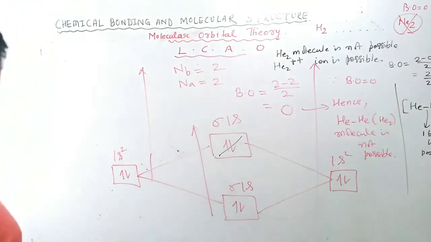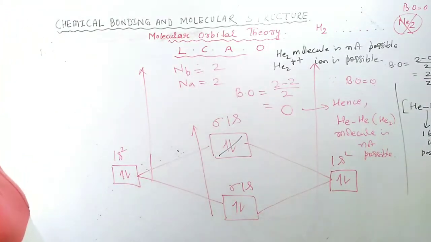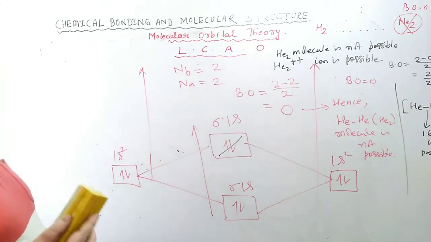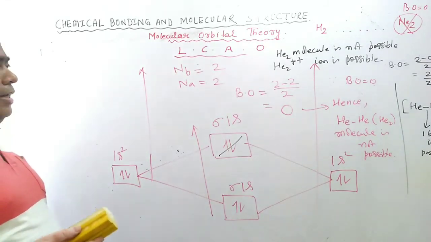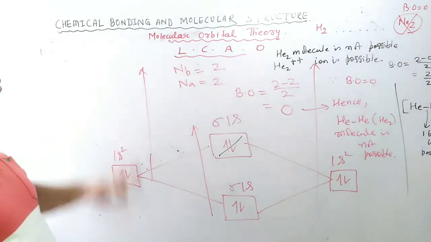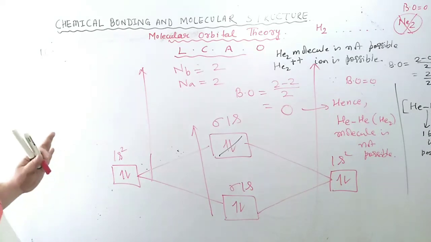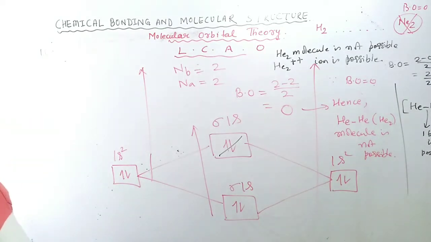Alright, this video will become longer if I take it any further. What I will do is take a separate session of writing down the molecular orbitals of all the molecules from hydrogen to neon 2, and I will show the bond order and its magnetic property. I will be taking a session soon after this, so that the video does not become long, otherwise it will take a long time to upload.